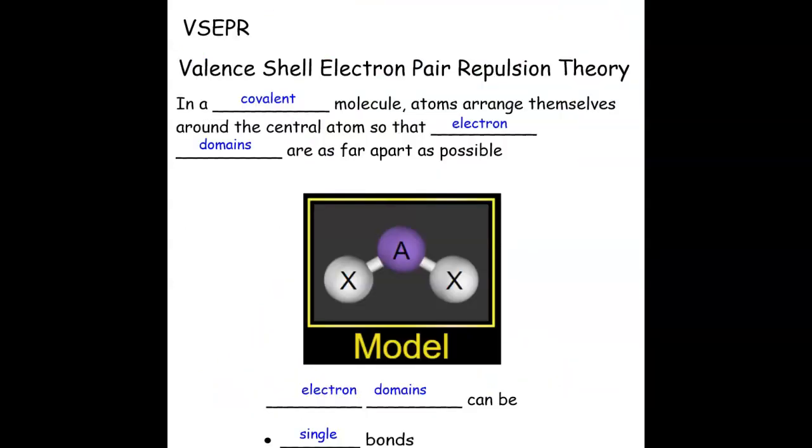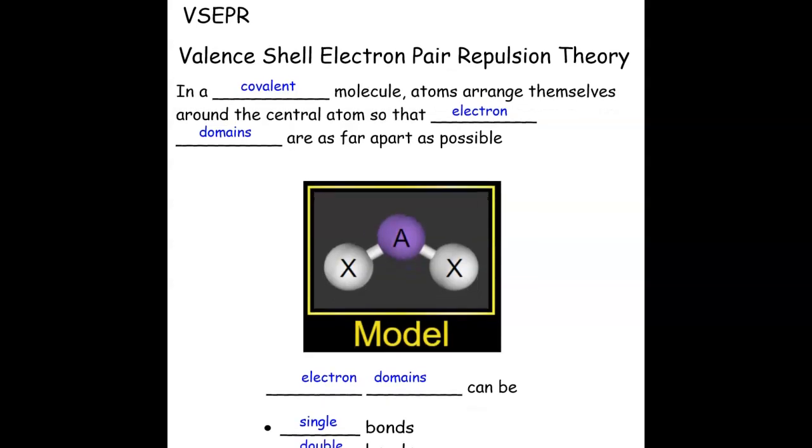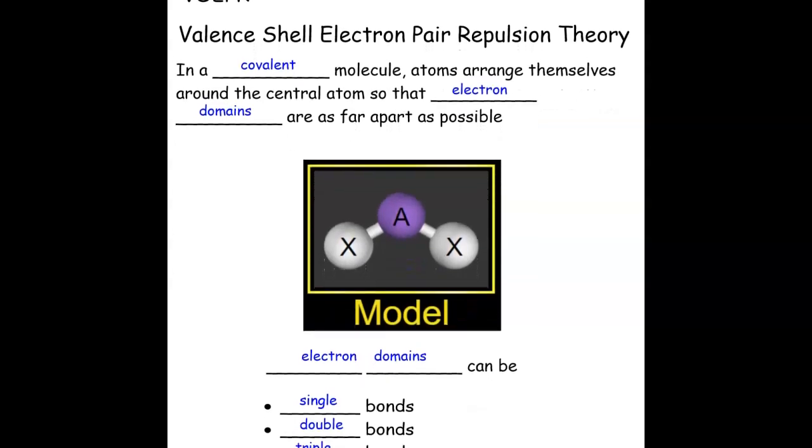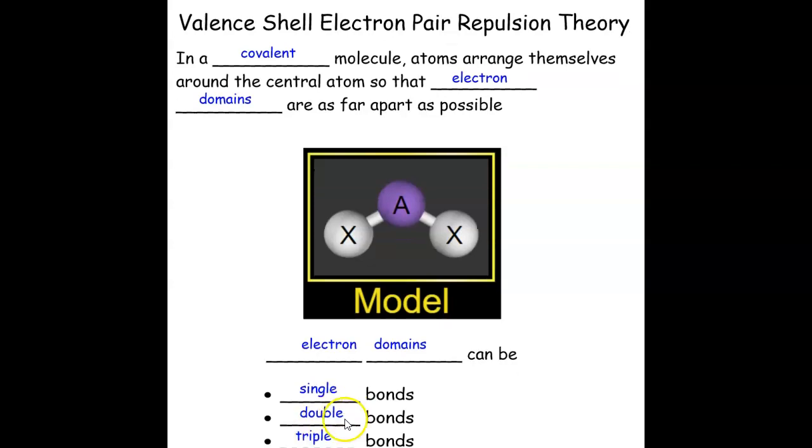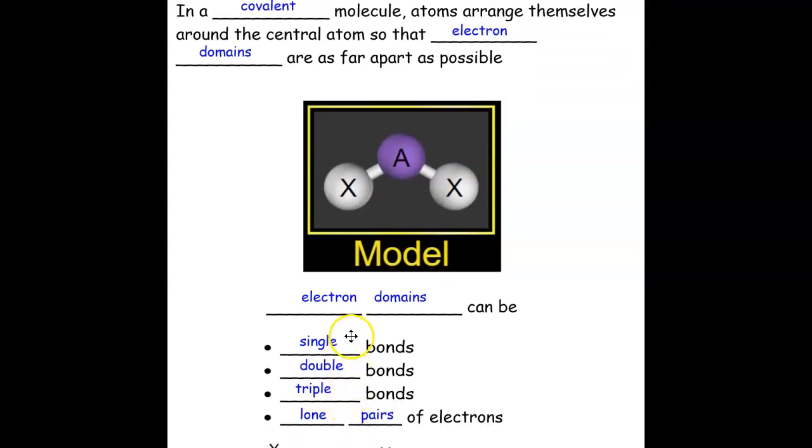Valence shell electron pair repulsion theory, VSEPR, pronounced Vesper, is the simplest theory to explain why molecules have the shapes observed by experiment. The idea is that electrons, being negative, repel each other so that electrons are as far apart as possible in a molecule. We will talk about electrons in terms of electron domains, which can be bonds, single, double, or triple,